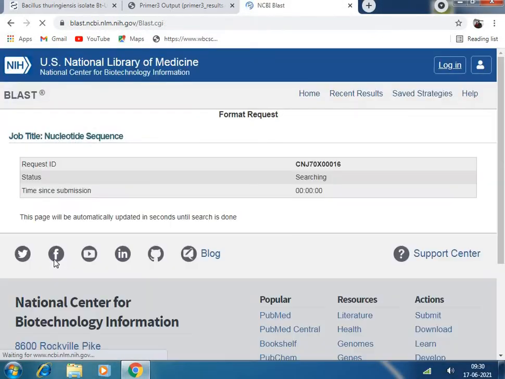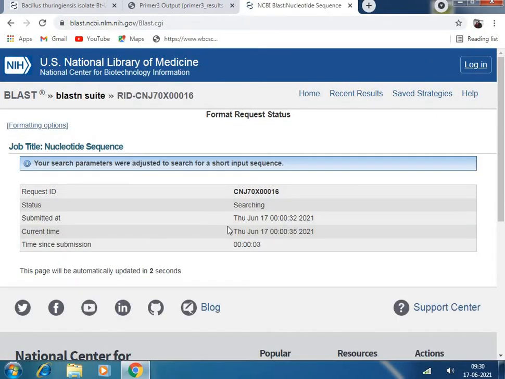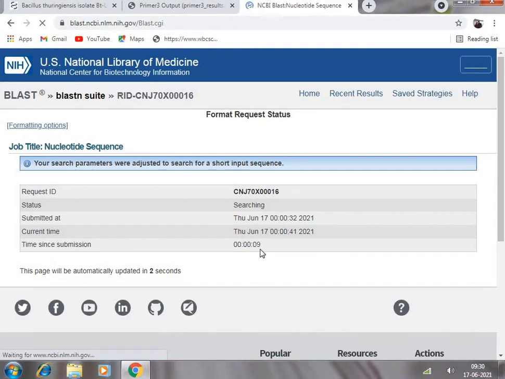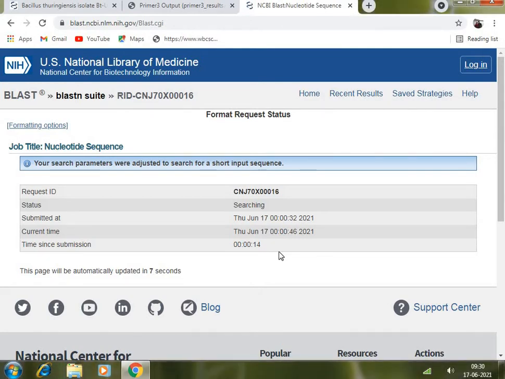After clicking the BLAST, you can see the request ID, status is searching, submitted at and current time, and the time since submission is increasing. It will take, say, 15 to 20 seconds, and you have to wait for that time. By the way, they are selecting all the possible genes where this particular primer will bind.